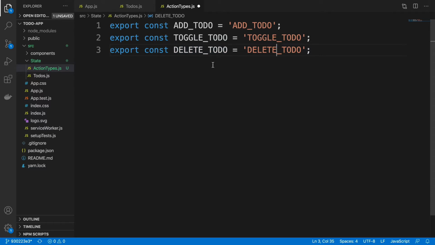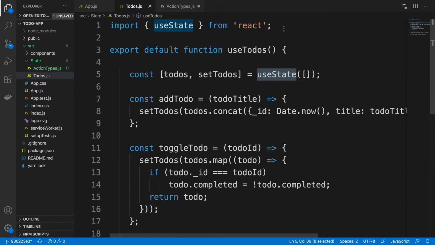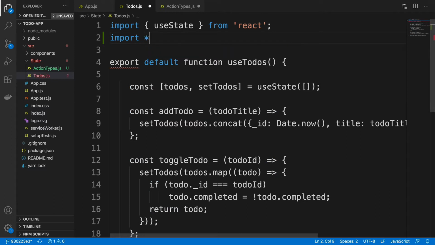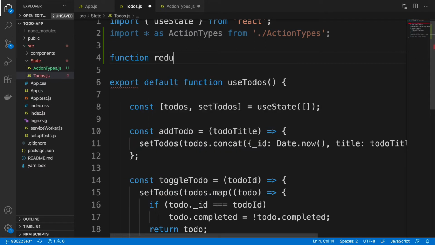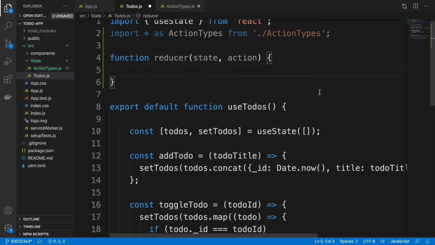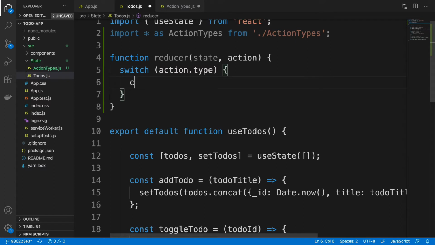structure your code. Now, once we have defined these constants, let's go to the to-dos folder and then import all the action types that we have just defined from the action types file here. And then let's go ahead and define a function called reducer, which receives the state and action as the two parameters. And we will use a switch statement here with action.type to switch across that, and the three cases: